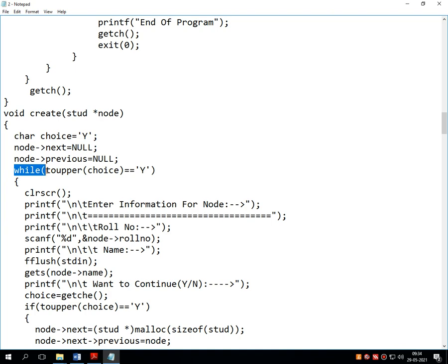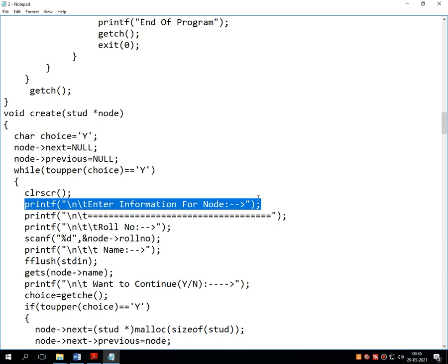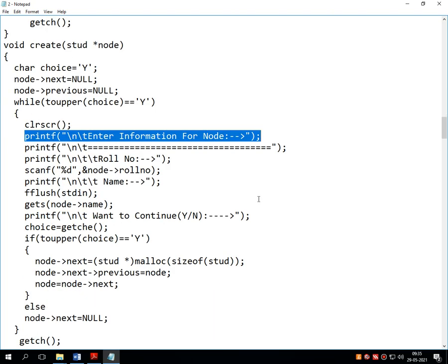Then there is a while loop. One case conversion function is there, that is toupper, choice equals y. Suppose I enter y in small case, my program works. Even if I enter y in upper case, my program will work. So this while loop will first display the message on the screen: enter information for node, obviously 1.